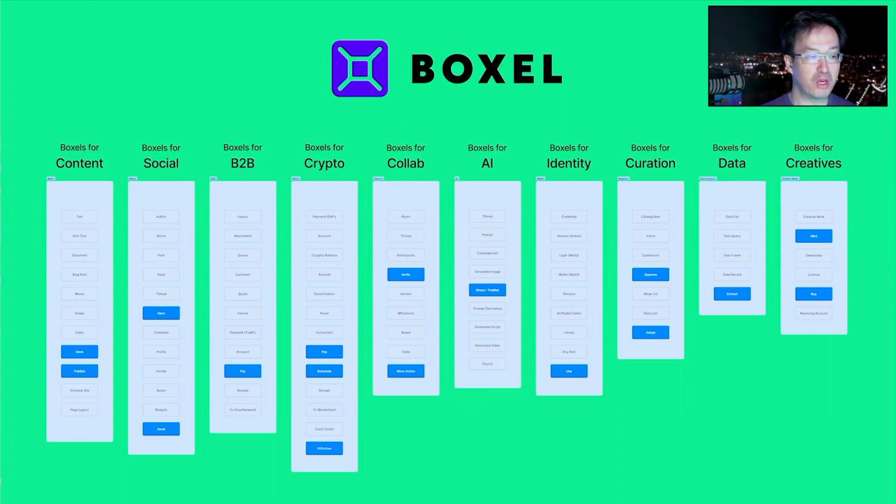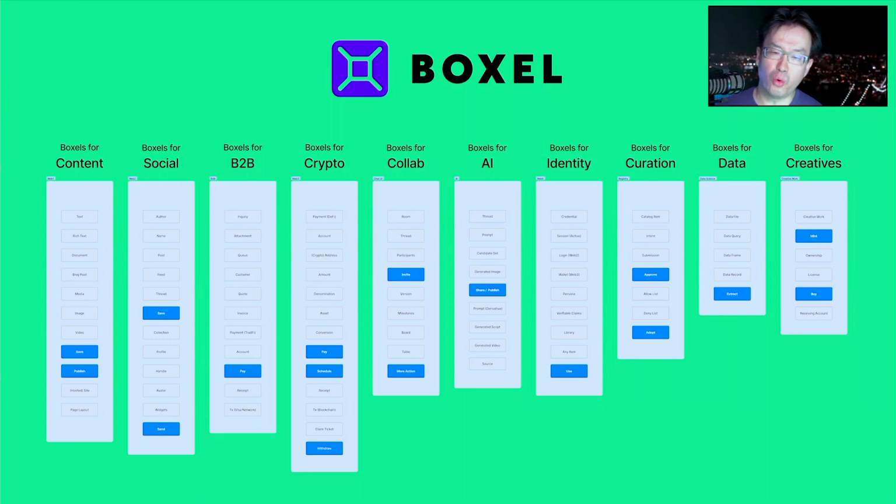And as you go from B2B business concepts like quotes and invoices, even to crypto, to wallets and assets and conversion tools, like this conversion between two things, you can imagine building these building blocks, these Boxels, that can be available in the catalog, where you can say, oh, I just need an address. Let me just pull it from the Boxel card catalog. And then you don't have to worry about having to build it again. It's a component that you can insert into your form or your workflow.